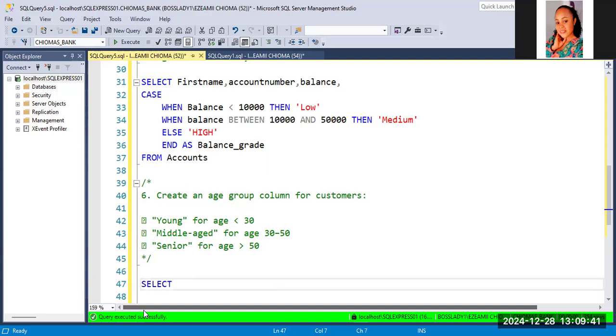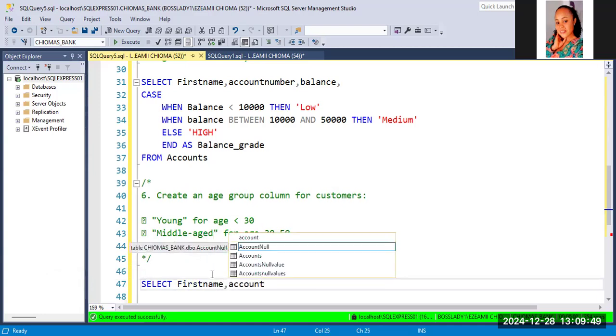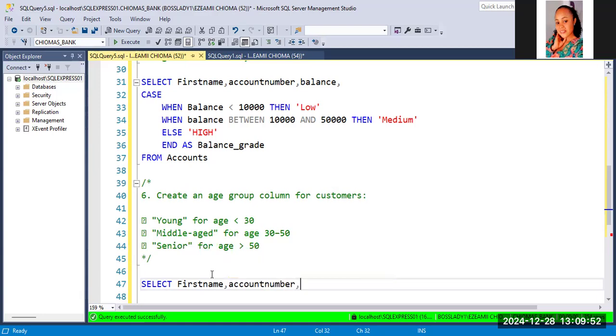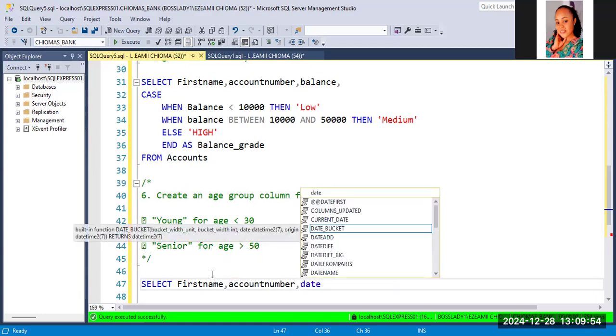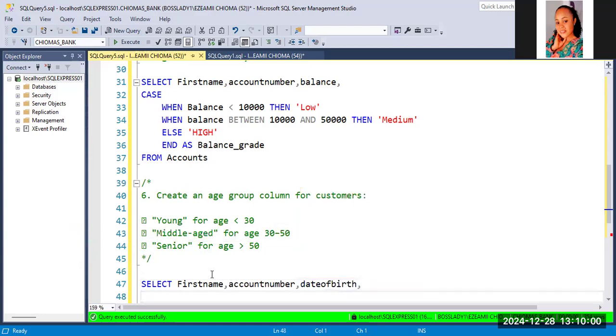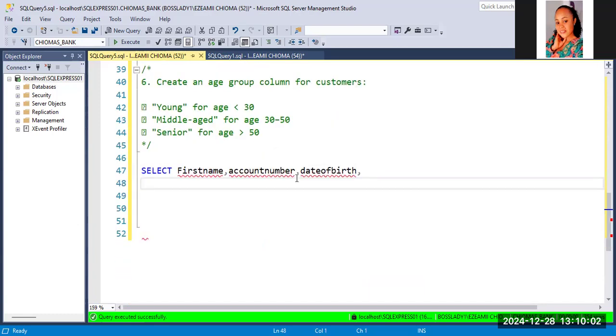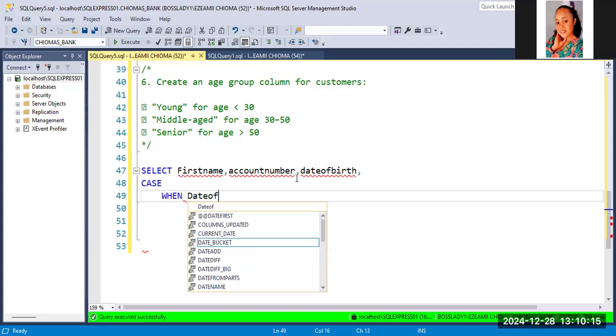So let's select the first name, account number, date of birth, then we'll write our case statement, okay? Case when. The column we are using is date of birth. So when date, sorry,